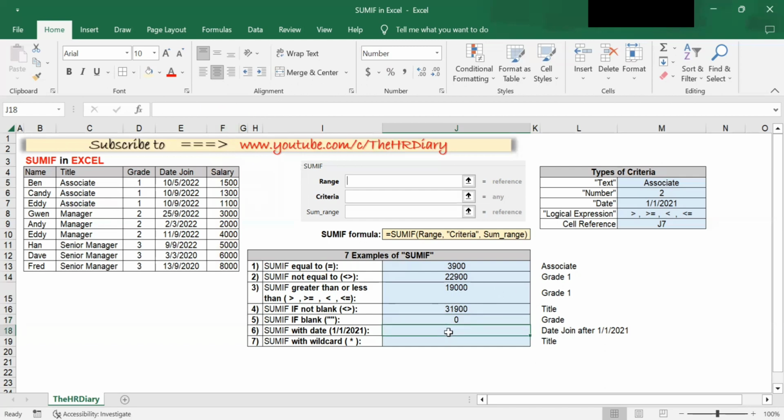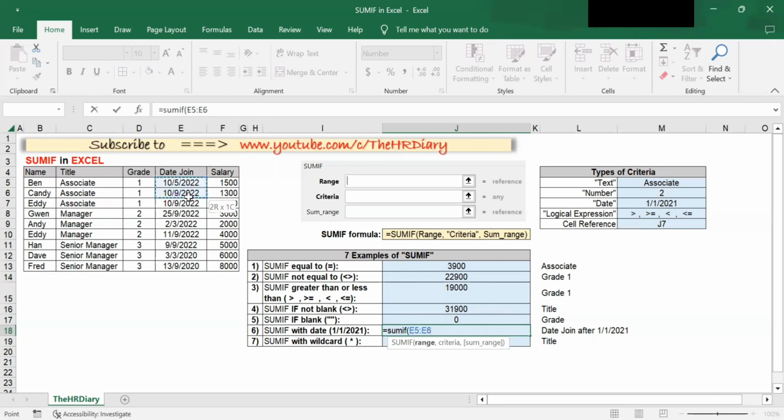Next, let's go to example 6. Sum if with date. For sum if with date, you need a date format that Excel understands. If you want to sum the salary of date join after 1st January 2021, this is the formula to use. Equals sum if, open bracket, and then you select the date column as my range, right? I want the date this time. Then you click on to comma, and the criteria,